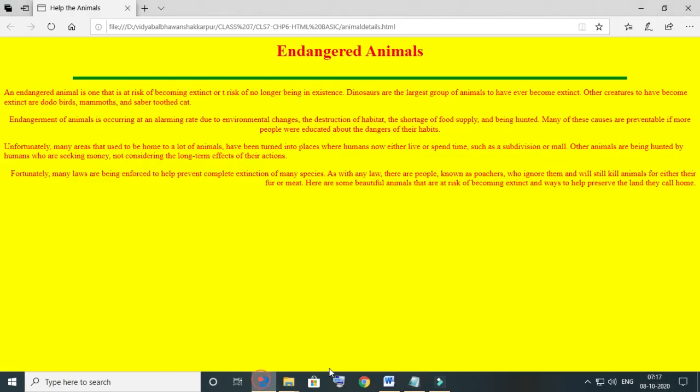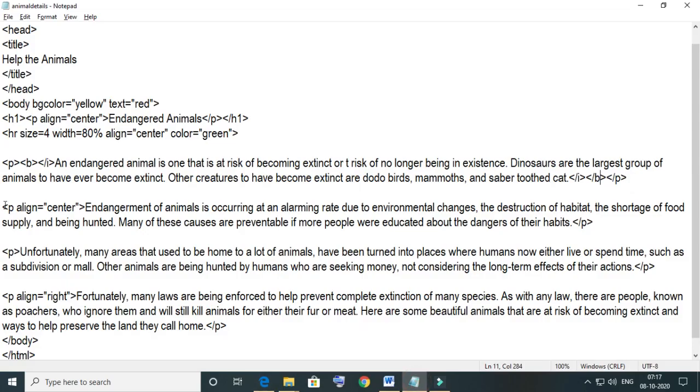Just look at it in the browser. See, the first paragraph is bold and italic, right? As per the activity, the first paragraph should be bold and italic, and I am making the second paragraph underlined, right?